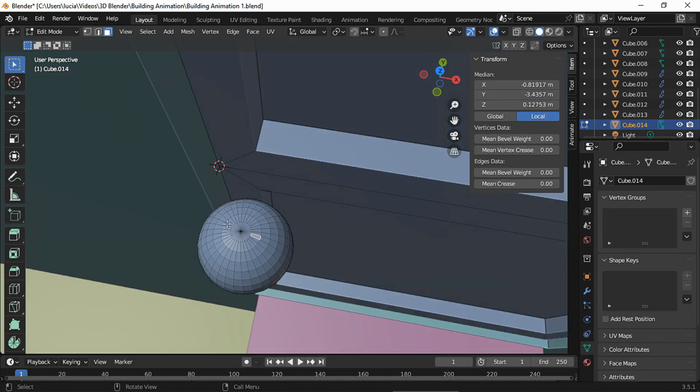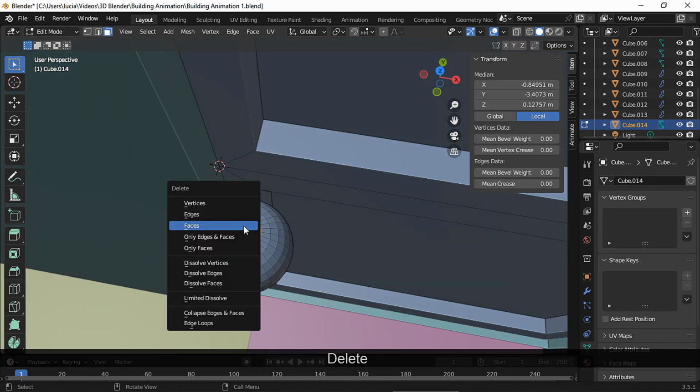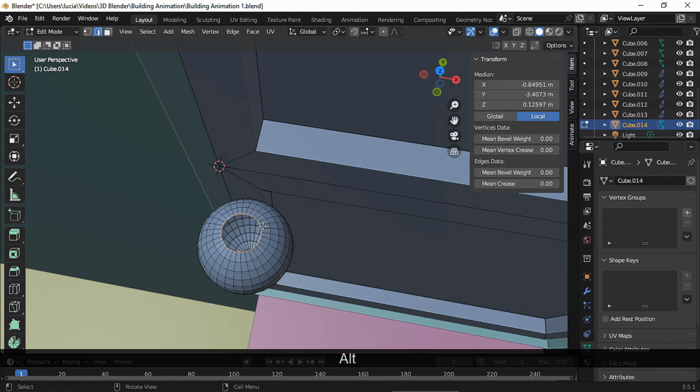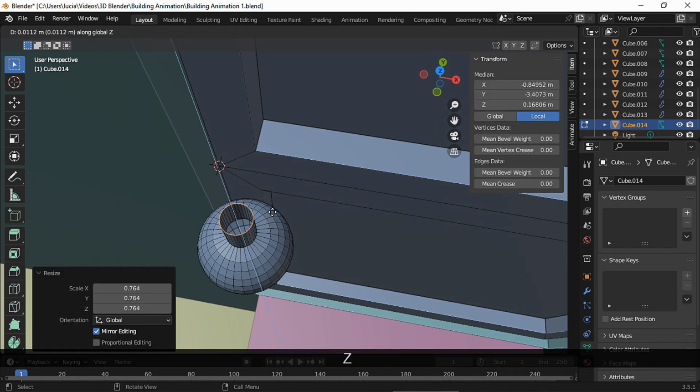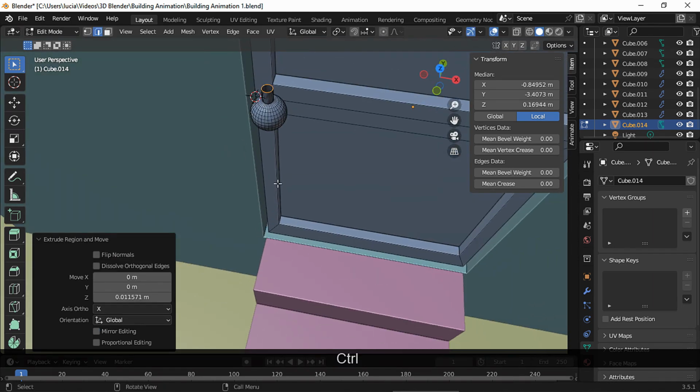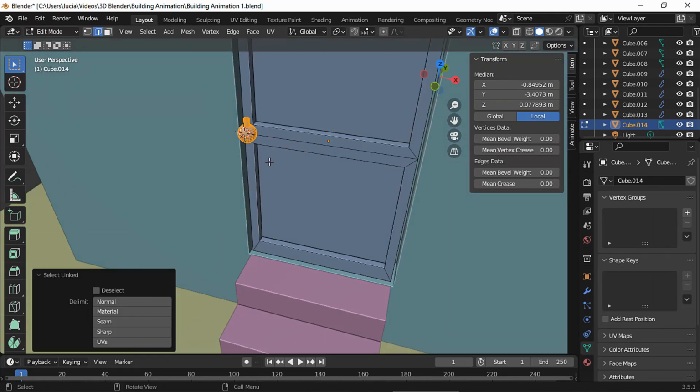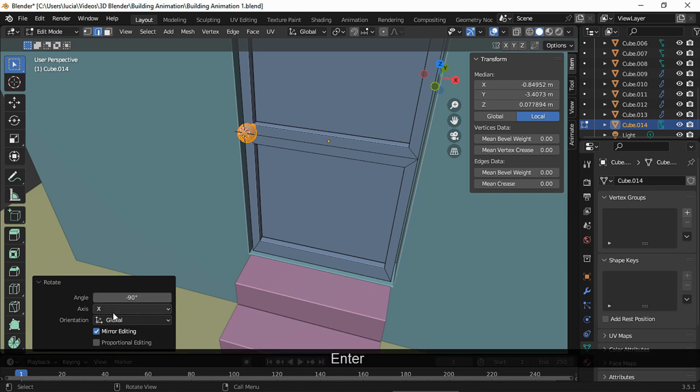Select all these faces and delete. Now select this edge loop, let's scale it a bit and extrude on the Z-axis. Place the cursor on the handle and L to select the handle only. Rotate minus 90 degrees on the X-axis and place it.